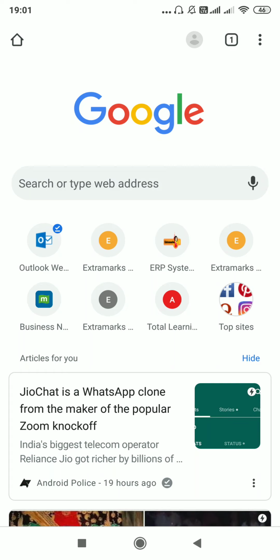Hello students, let's learn how we can appear for a paper or examination from a mobile phone. To appear for an examination from a mobile phone, you have to open the browser, which is Google Chrome. After opening the Google Chrome browser, you have to type the